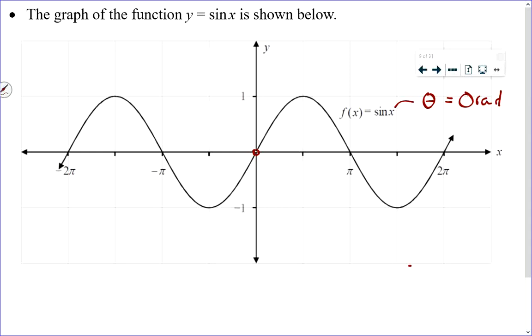Once you pass pi over 2, the y-coordinate starts dropping again until you get to pi, where it's fallen to 0. And then, past pi, the y-coordinate, which is the sine of the rotation angle, minimizes, drops down to a lowest point of -1, and then it rises back up to 0 by the time you get to 360 or 2 pi. And we know all about coterminal angles, so it makes sense that